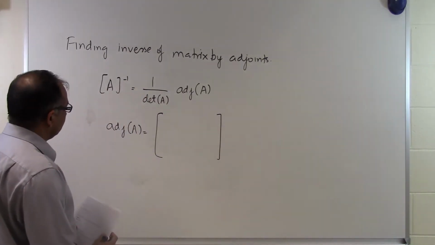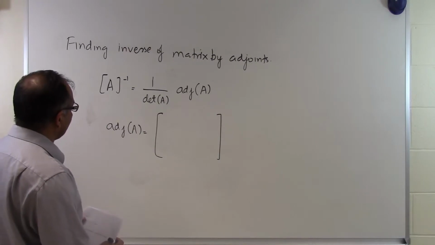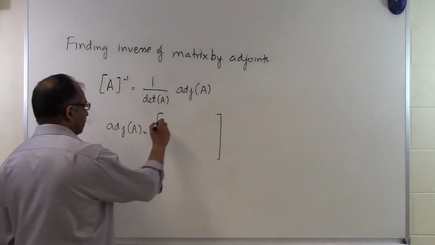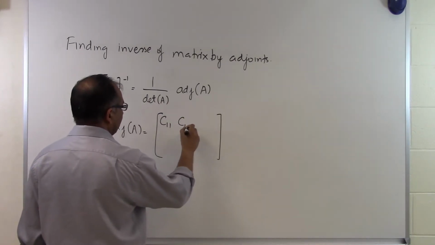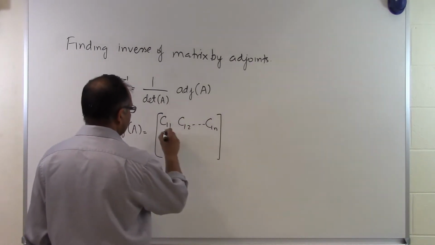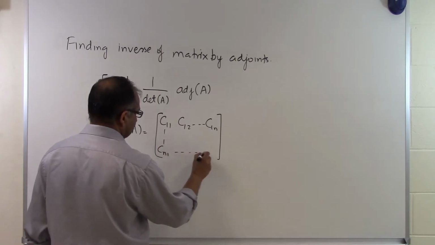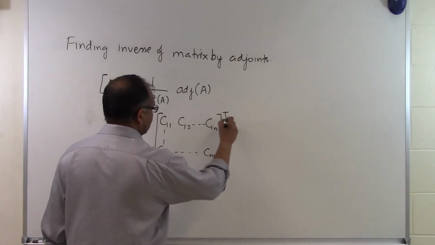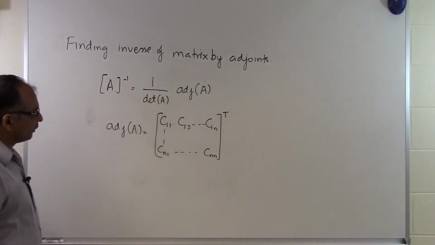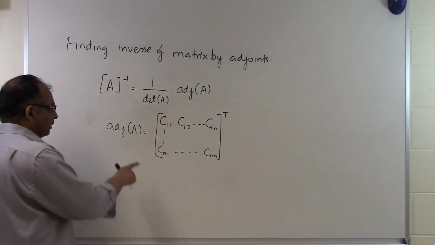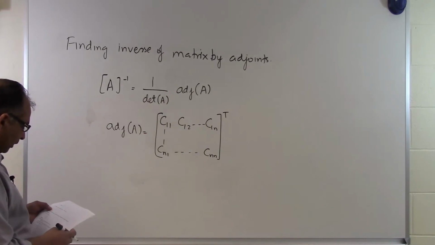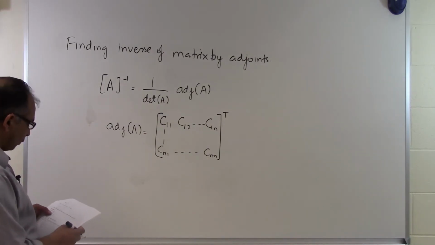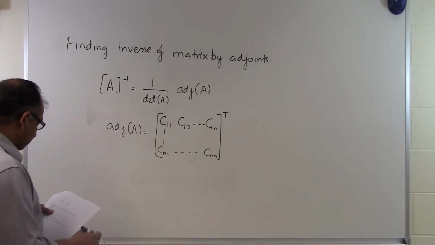So we know that if we want to look at the cofactors of A, they correspond to each of the elements. So each of the elements has a cofactor. If we find the cofactor for each of the elements, and then we take the transpose of that, that gives us the adjoint of A. And all we have to do is take the adjoint of A and divide it by this number, which is the determinant of A, and we should be able to find out what the inverse of the matrix is.